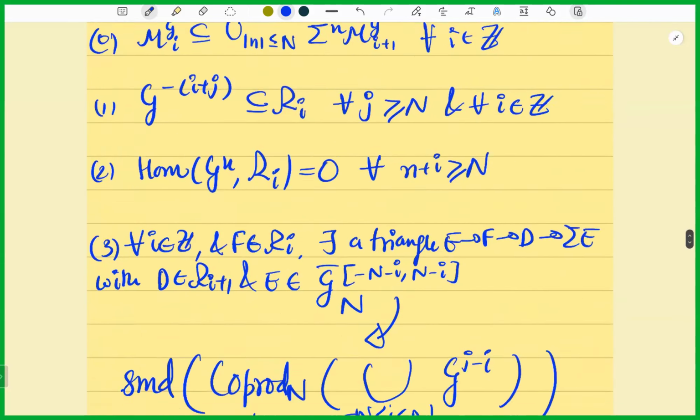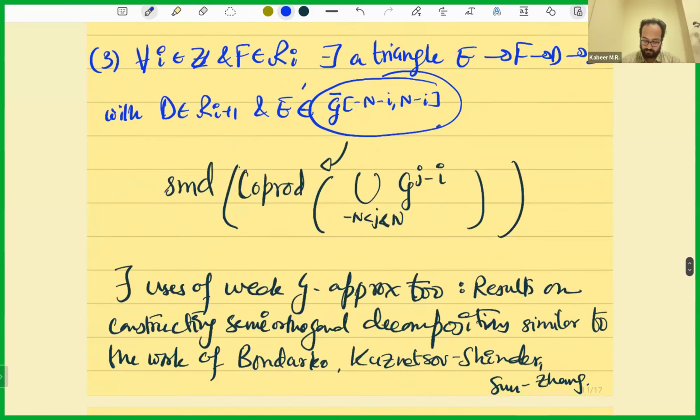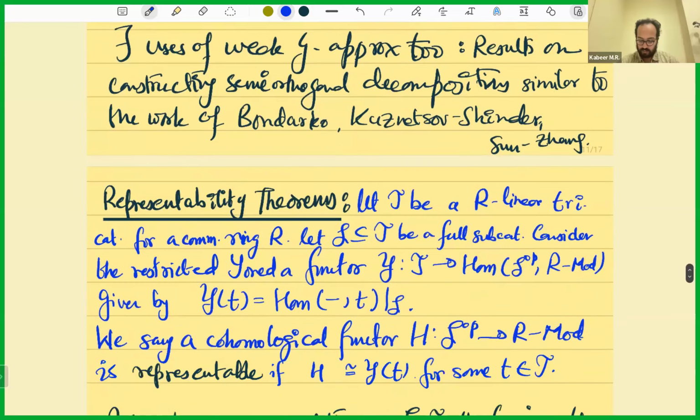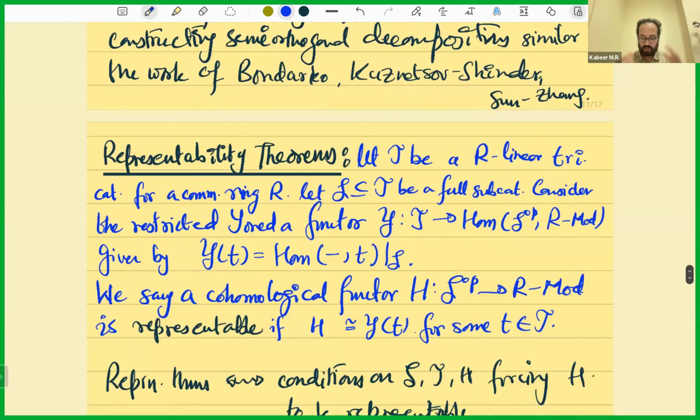No problem. Okay. So with this remark, I'd like to now talk about representability theorems. Today I'm going to be speaking about representability theorems in a more general form than usually done. Again, thinking about representability in this sense is not due to me. Okay, so this is the general setup that I'll be thinking about.